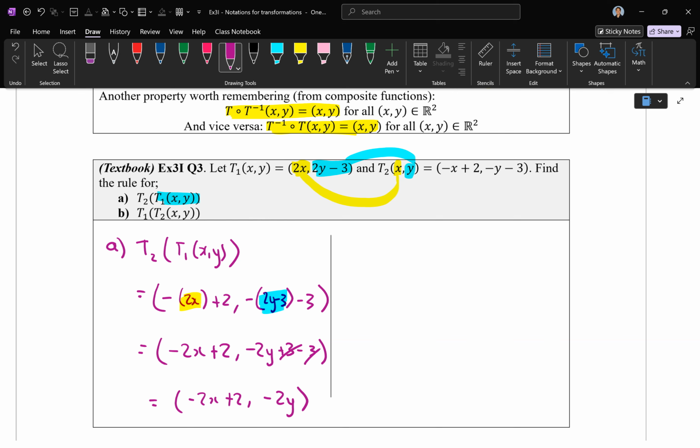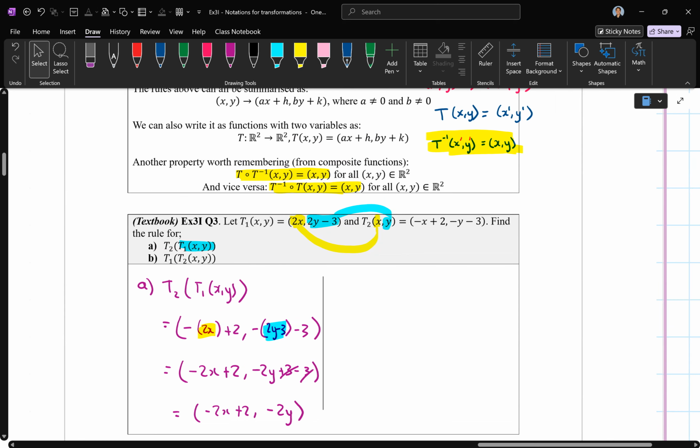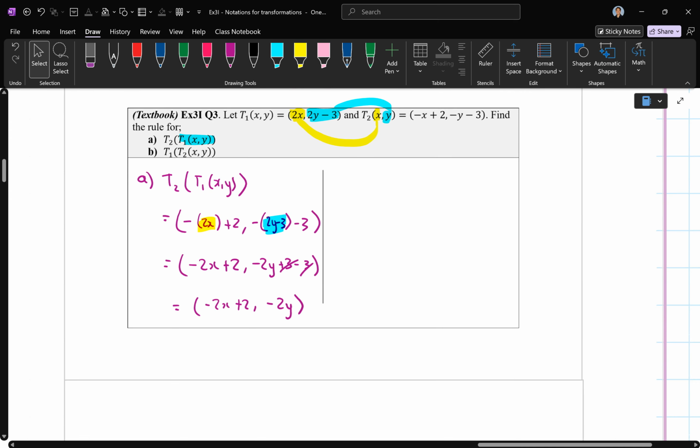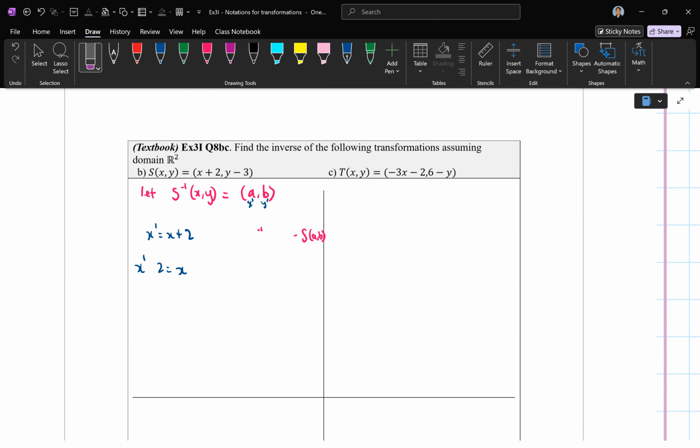Same idea, it's just the reverse. So you substitute the x, negative x plus 2 into this, and then negative y minus 3 into y over here. What I'm more interested in is the back one. So if you flip over, actually you don't have the page. If I flip over to the next page, over here,